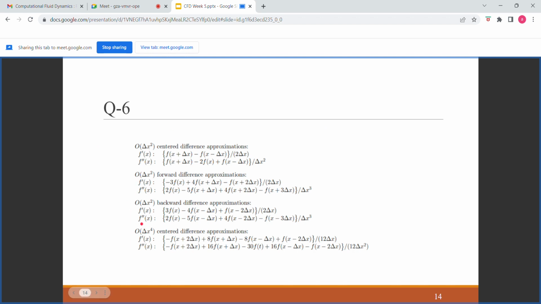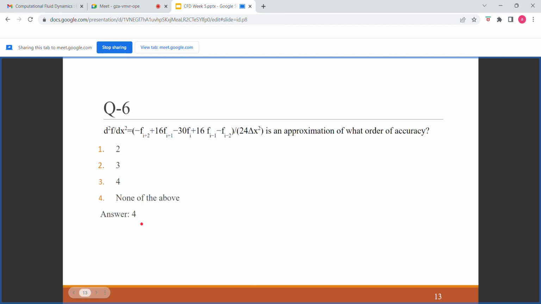Order of delta x power 4, this is not true because one term is different. So we know in this question the order of accuracy was asked for the second order differential scheme. So we have seen the different orders of accuracy, like second order and fourth order accuracy equations, and saw that for forward differencing scheme, backward differencing scheme and central differencing scheme, and we identified the number of points and saw it is not matching with all other schemes,